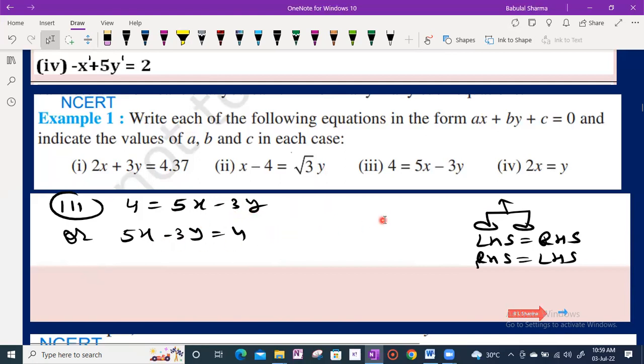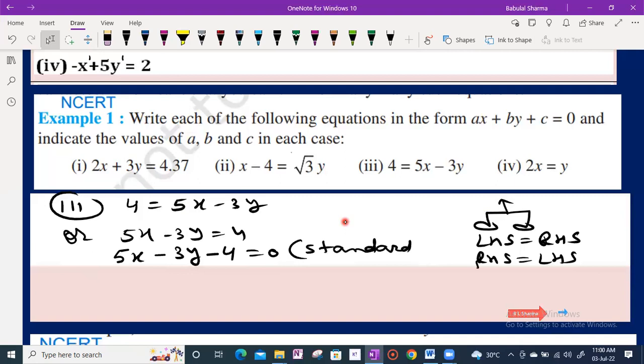साइड यहाँ पे लिखा, लेकिन स्टैंडर्ड फॉर्म में देखिए द कांस्टेंट टर्म शुड आल्सो बी लेफ्ट ऑफ मीन साइन ऑफ इक्वलिटी। तो इस 4 को हमें लेफ्ट हैंड साइड लाना होगा। सो वी कैन राइट हियर 5x minus 3y minus 4 is equal to 0 and this is standard form। ये हमारा standard form।